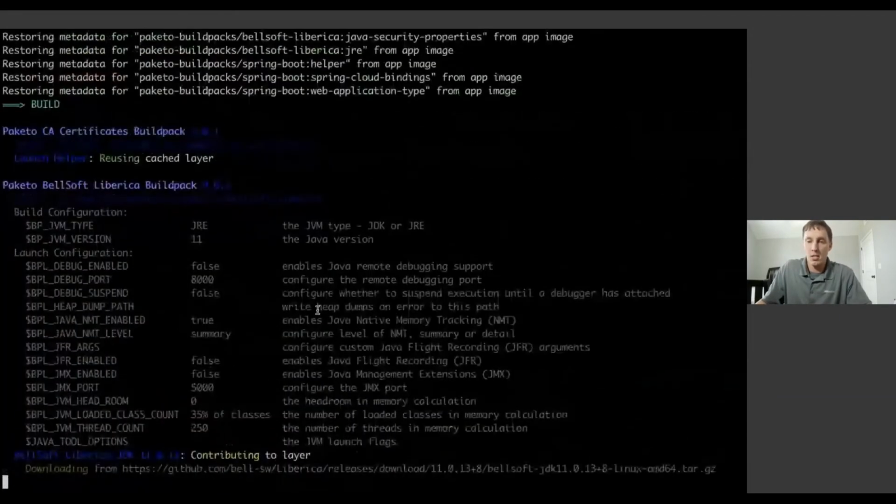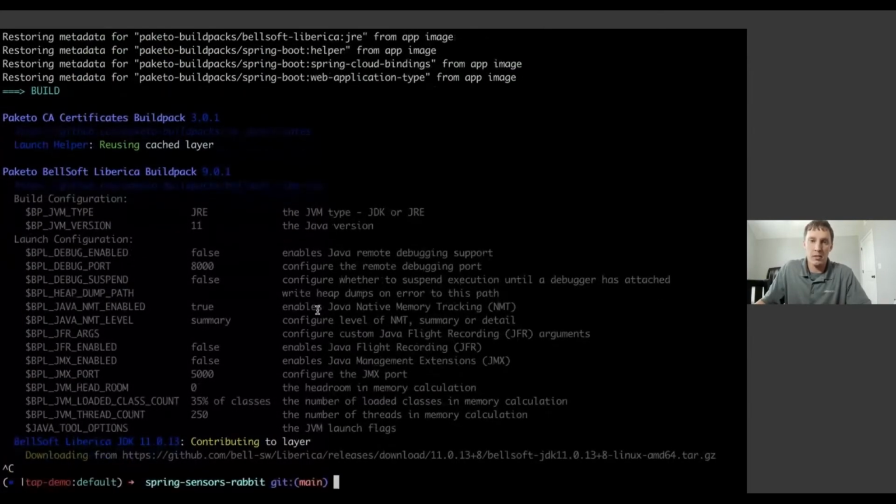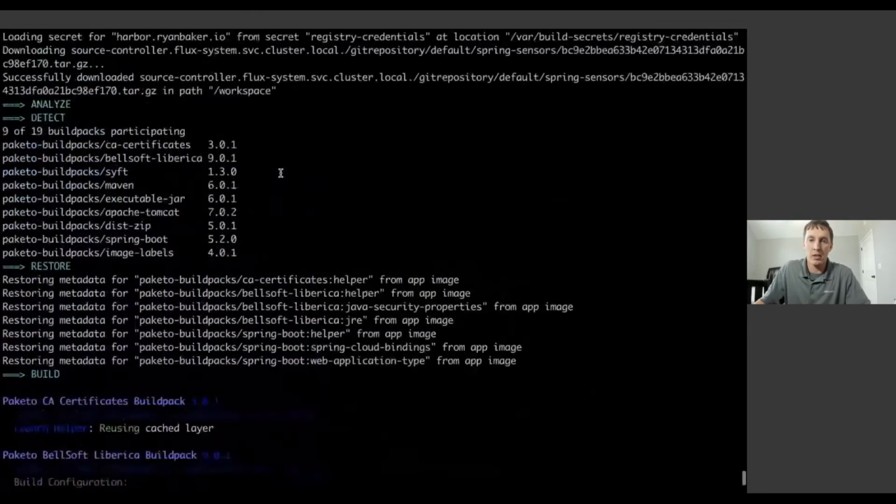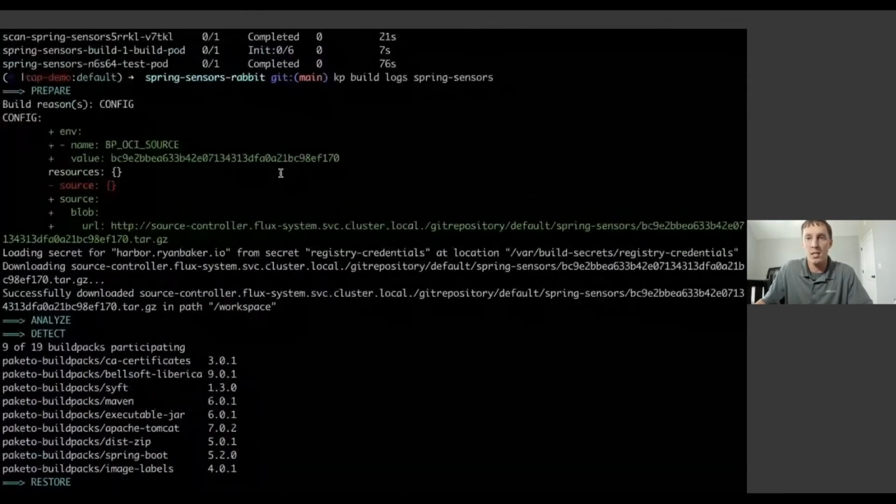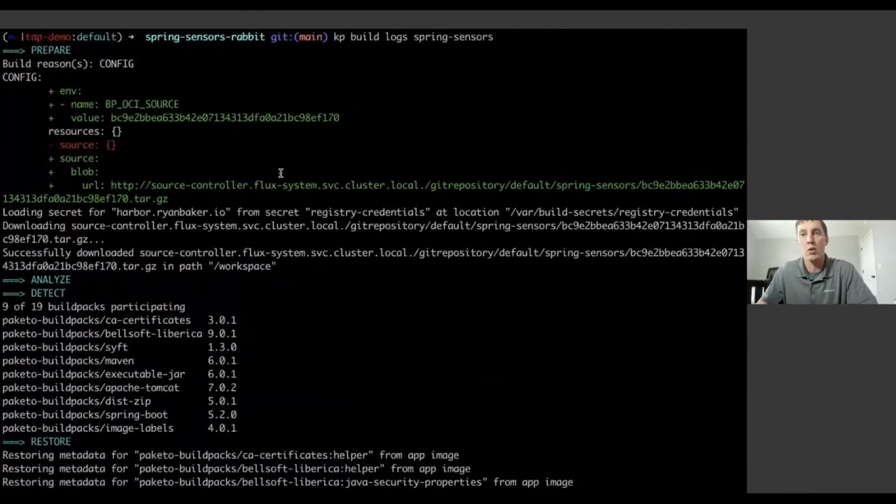All right, you can see that it started building the application, and again, this is using the Tanzu Build Service. I'm going to cancel these logs because I think it'll be good to walk through this so you can see how it's working. When the Tanzu Build Service starts, it's going to pull down the source code for our application. Then we're going to use what are called Cloud Native Buildpacks. The Cloud Native Buildpacks are going to help us build our container image in a repeatable, consistent, and secure manner. The way it does that, you can see that we have 19 buildpacks